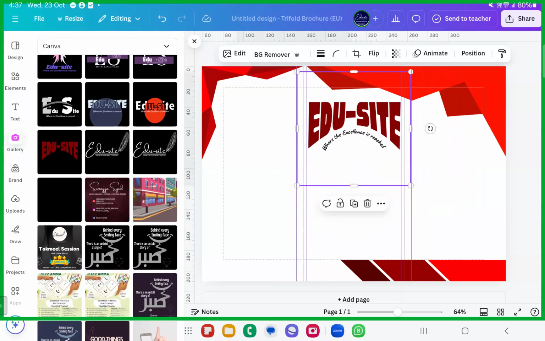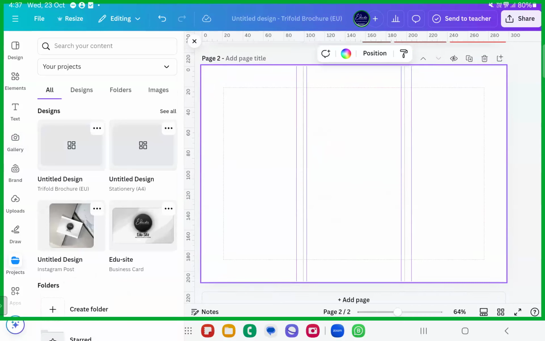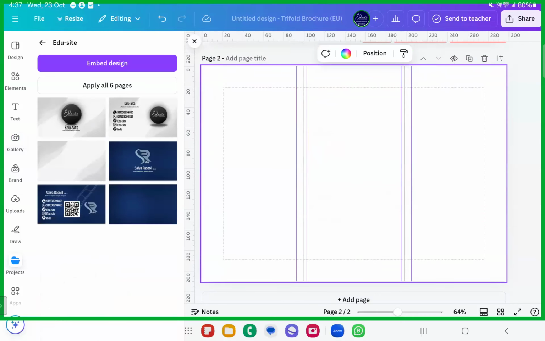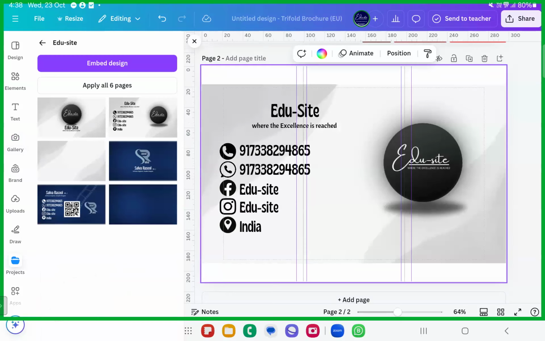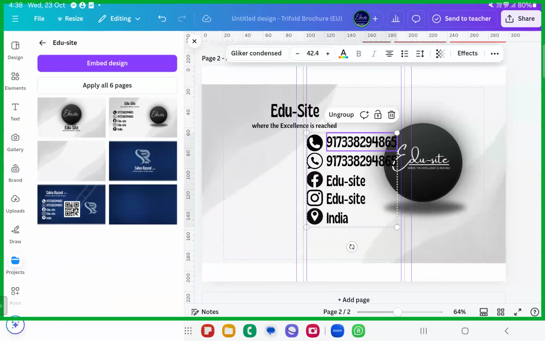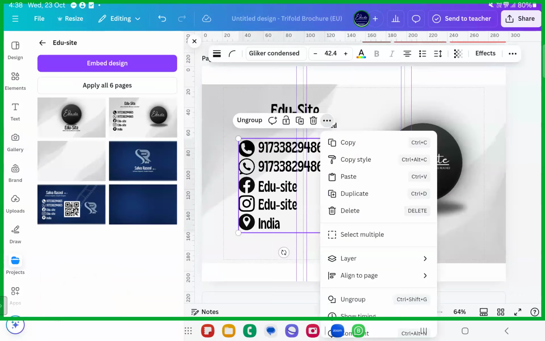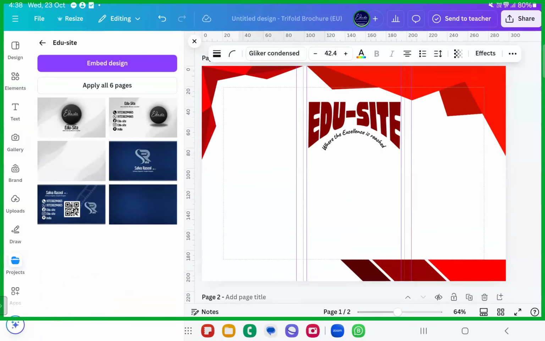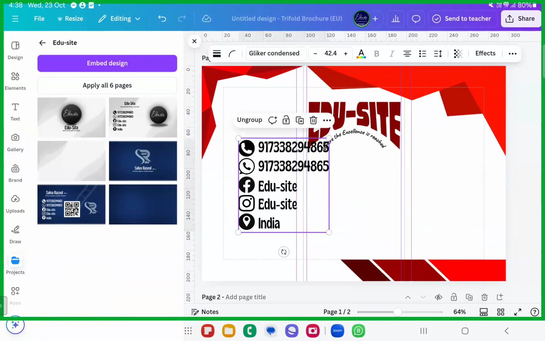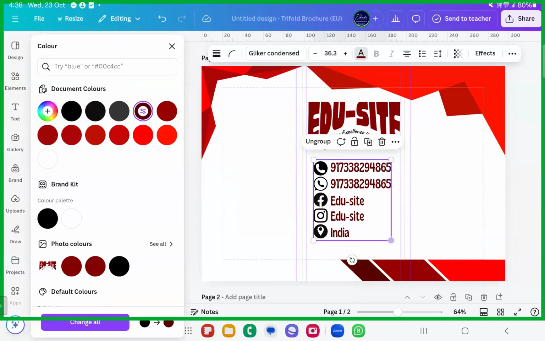And also now you have to add the contact information somewhere here and there, right? On the second page, usually the contact information will be present. So what I'll do, I'll take it from the design that we have created. We'll just take this entire group. See how to take this group. Have to select on the outer edge of this. Okay, copy it up and we'll just place it here. Paste. We can change the colors to red if I wish to. All red like this. Okay, the elements color also can be changed, but for now we are just not touching these things.